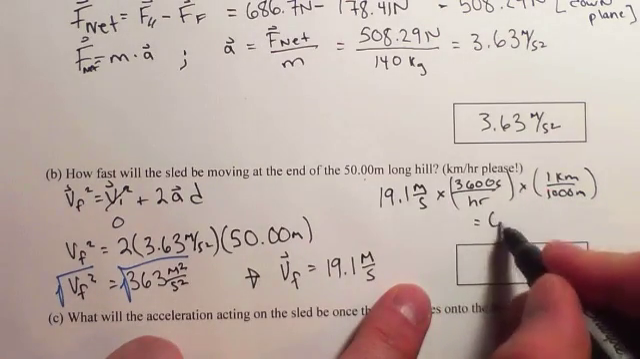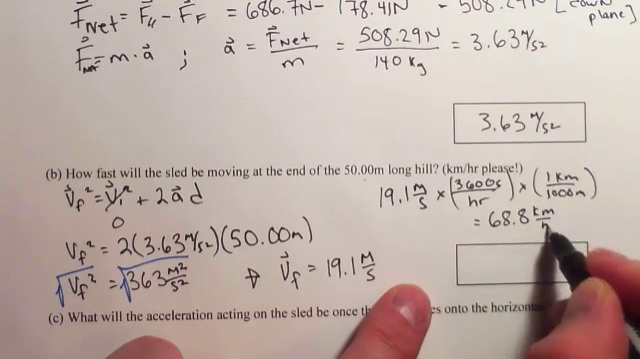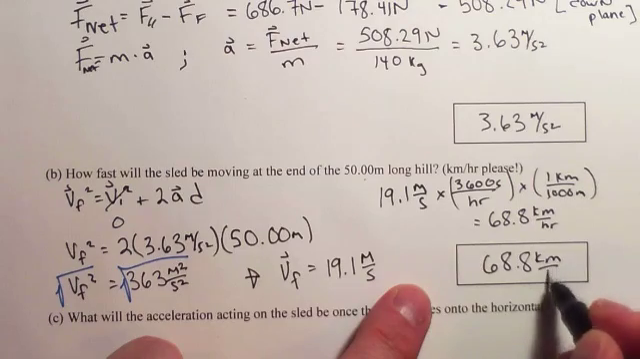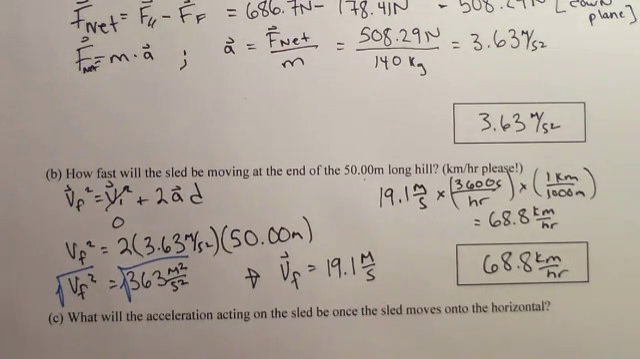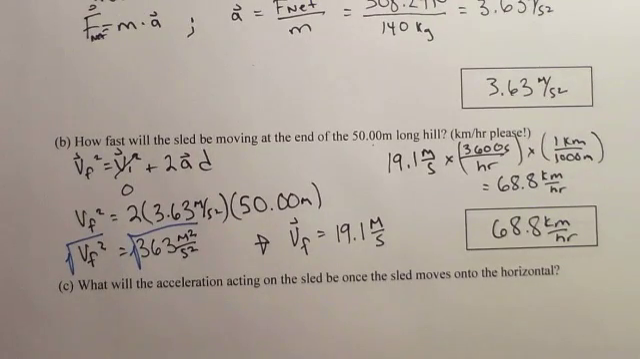This is equal to 68.8 kilometers per hour. So the sled's going to be moving at that speed at the bottom of the hill. Part C asks the question now, what will the acceleration acting on the sled be once the sled moves onto